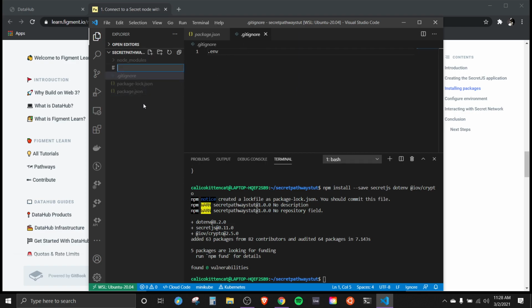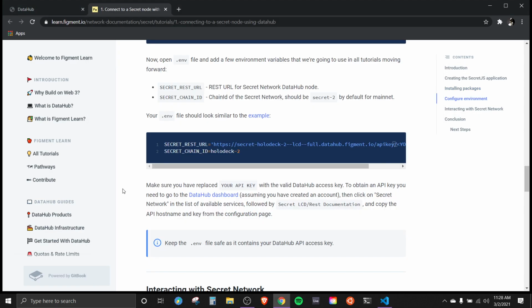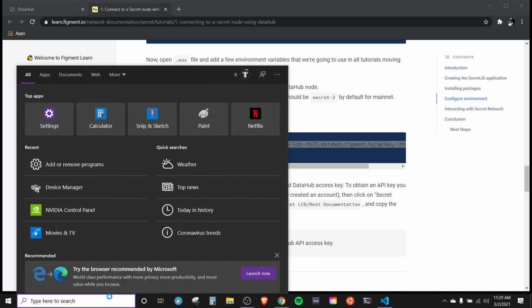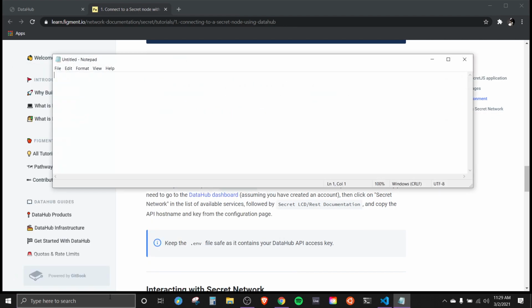We're going to create another file, and that one's going to be called .env. Now inside that env file, we're going to want to have our secret REST URL and our secret chain ID. Our secret chain ID for the testnet will be holodeck-2, and for mainnet will be secret-2. So let's go ahead and copy these. Let's open up a notepad, paste that in there,